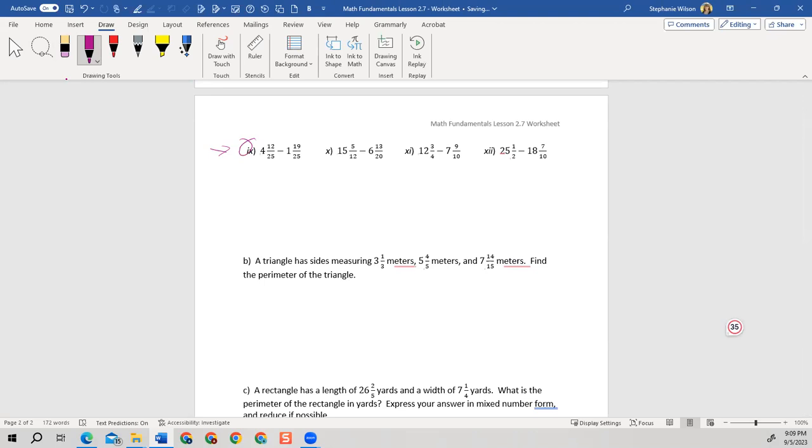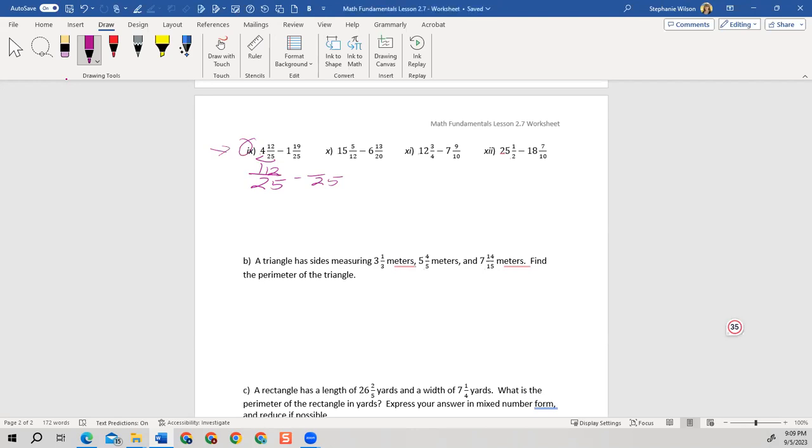However, we notice they're written in mixed form. So let's go ahead and convert it to an improper fraction first. And what doesn't change is the denominator. So now I'm going to say 25 times 4, which is 100 plus 12. So it's 112. 25 times 1 plus that 19 is going to be 25